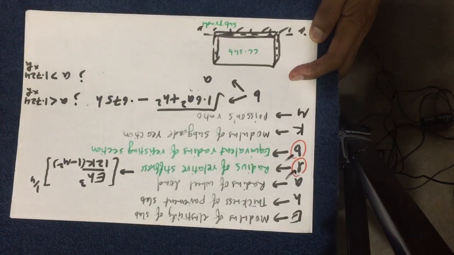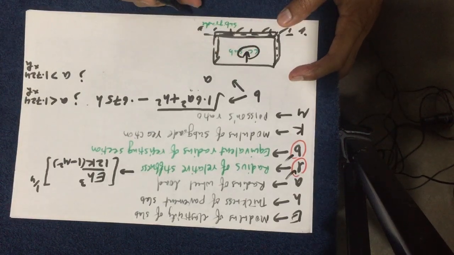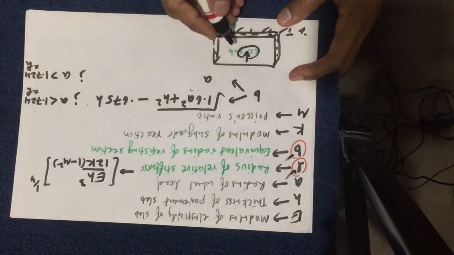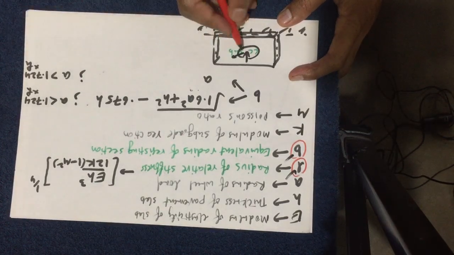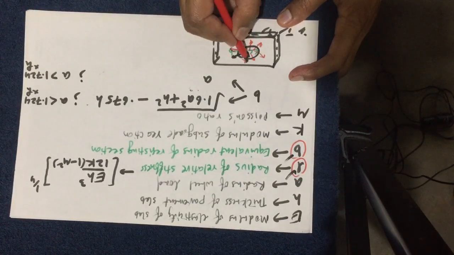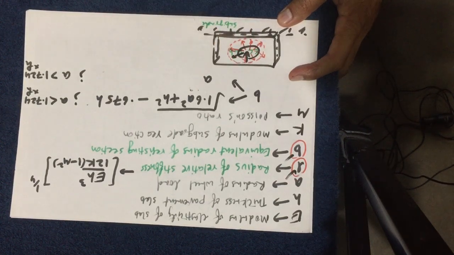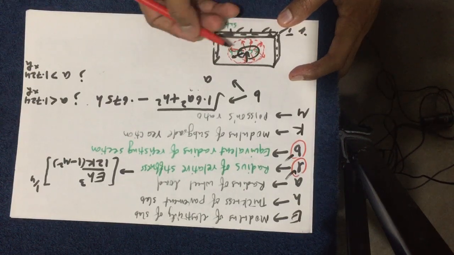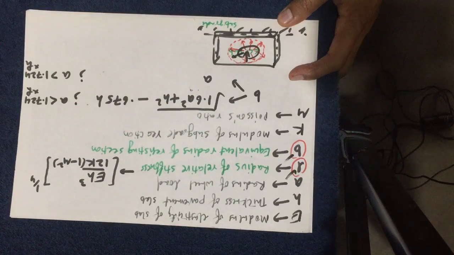So if you put a wheel load over here, then the load will be causing a certain bending moment within the slab. The radius of that area which is effective in resisting the bending moment caused by the wheel load is referred to as the equivalent radius of resisting section.